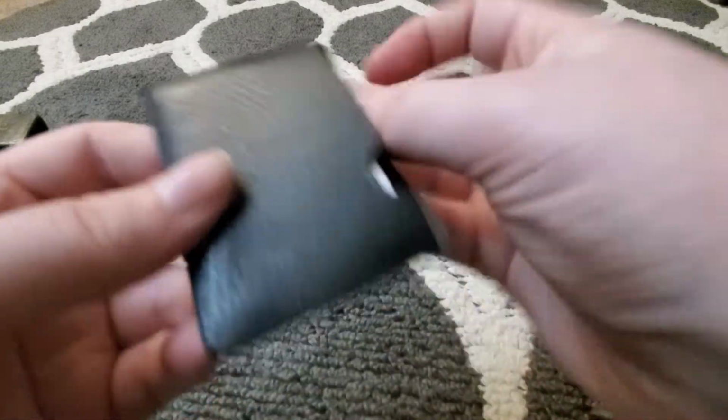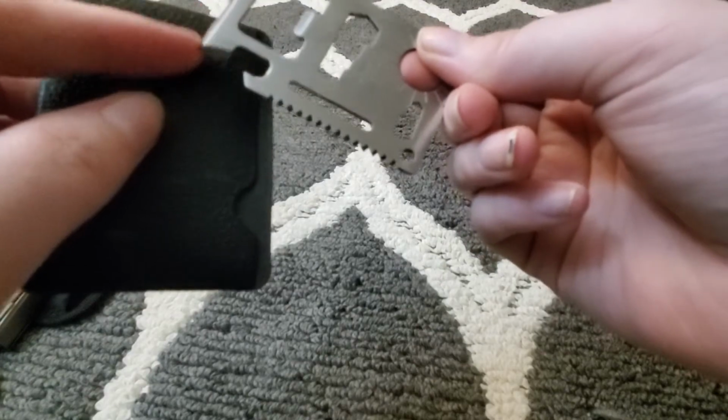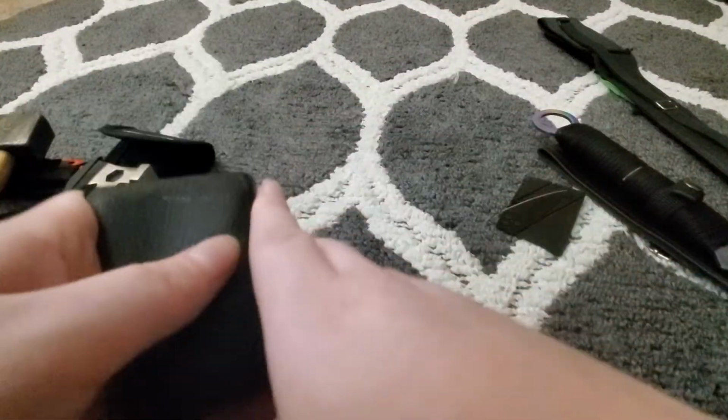And then there's just this, which is just a multi-tool, but it has a saw and a knife on it. But yeah, that's about it. Those are all